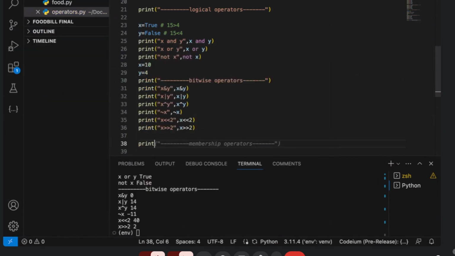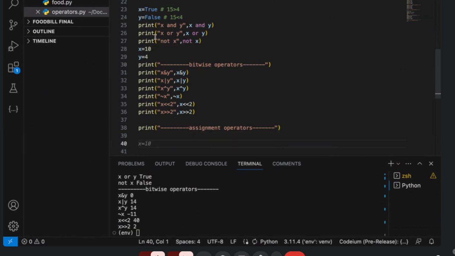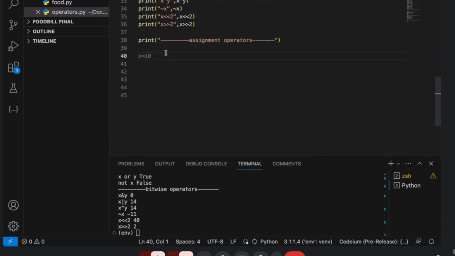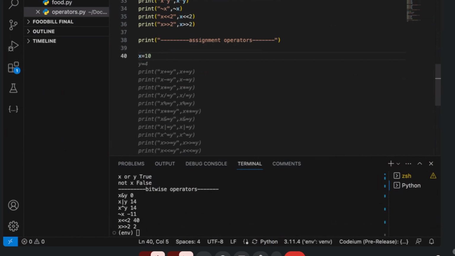And one more operator is called assignment operators. Assignment means we are simply assigning the value. For example, x equals 10. We are taking 10, and you can see